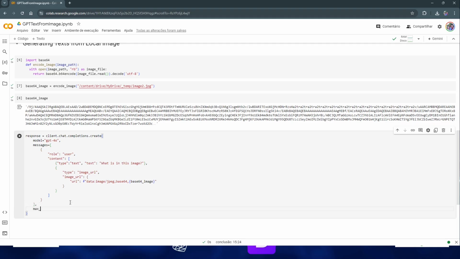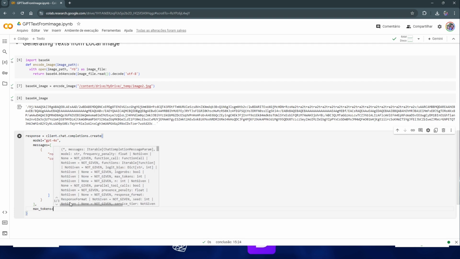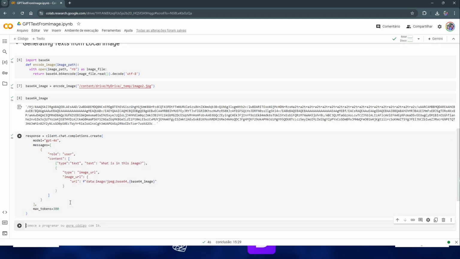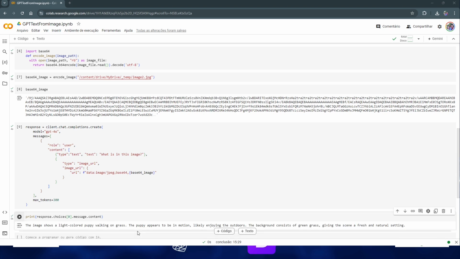Set max_tokens with 300 and let's execute it. Okay, print the response content. Print response.choices dot message dot content. The response content says the image shows a light colored puppy walking on grass.